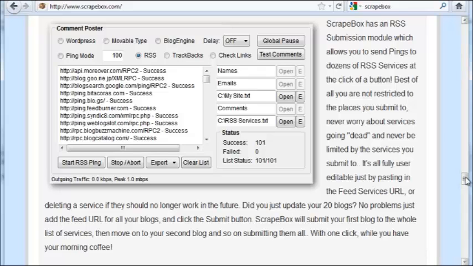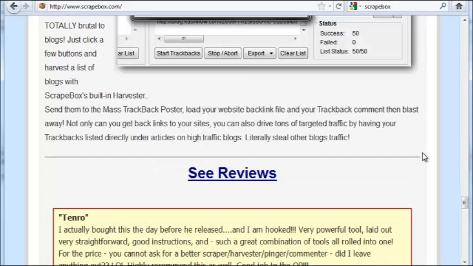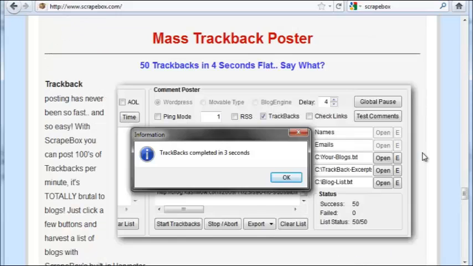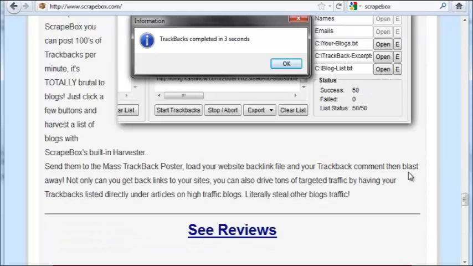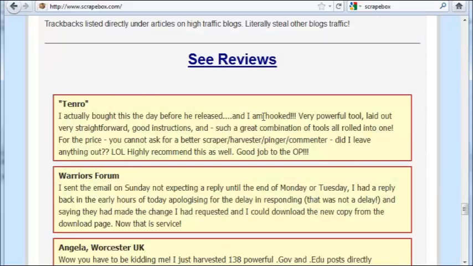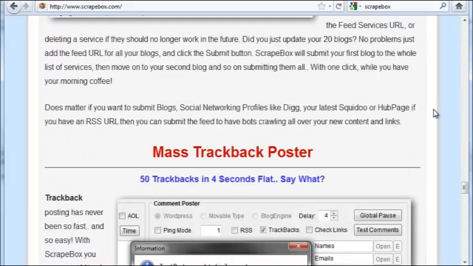But I personally don't, because I would rather just give the links to my outsourcer, have him or her read through the blog and make a good, valuable comment, and then that way the link in the comment usually stays up. Usually if you blast it, yeah, you might get thousands of links back, but a lot of people will just block you and see you as spam.